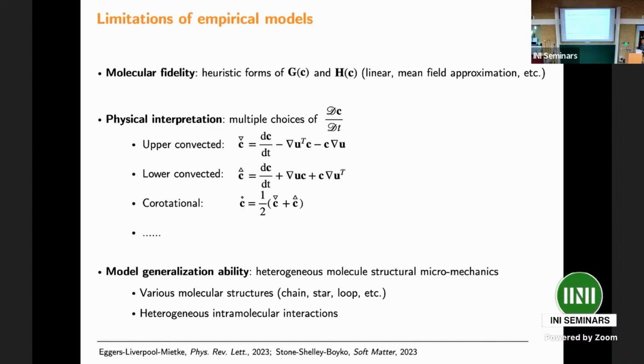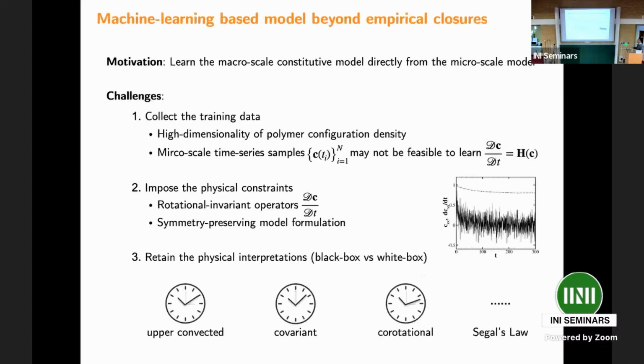And the third one is about generalization ability. In practice, we often assume that the models admit some very simple structure like the dumbbells. But from an engineering perspective, the molecule can take a very complicated structure like the chain, the star, the loop, and it's very challenging to encode the heterogeneity into molecular interactions. So that is the challenge we want to see if we can partially address. This motivates our work: can we construct machine learning based models beyond these empirical closures? In particular, we want to learn the macro scale constitutive models directly from the micro scale